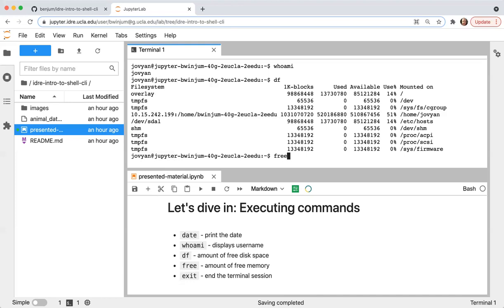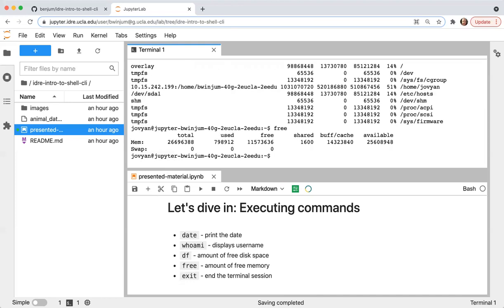And free will tell you the amount of free memory that's on the particular system that you're accessing. These numbers up here are in bytes. These down here are also in bytes. There are ways to make them more human readable. But for the moment, this is just introducing us to executing commands.